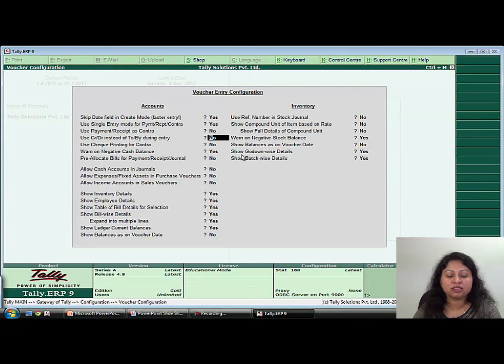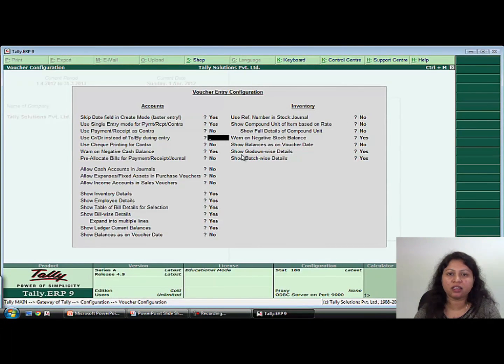So this option will not be applicable only for a company, because if somebody is using the Tally application and he is okay with debit credit instead of to buy, he will set this option to yes. So irrespective of any company, while passing the transactions it will be debit and credit and not a by and to option, like debit so and so account and credit so and so account.